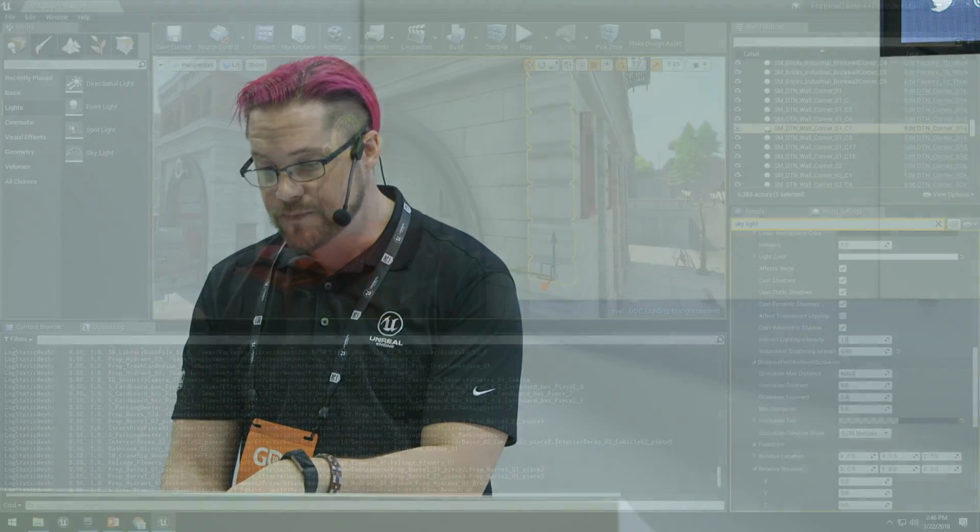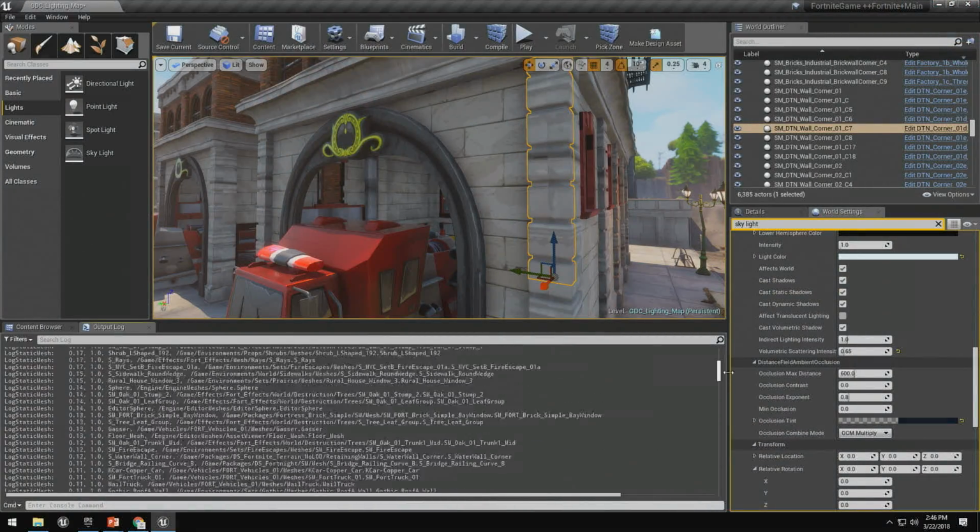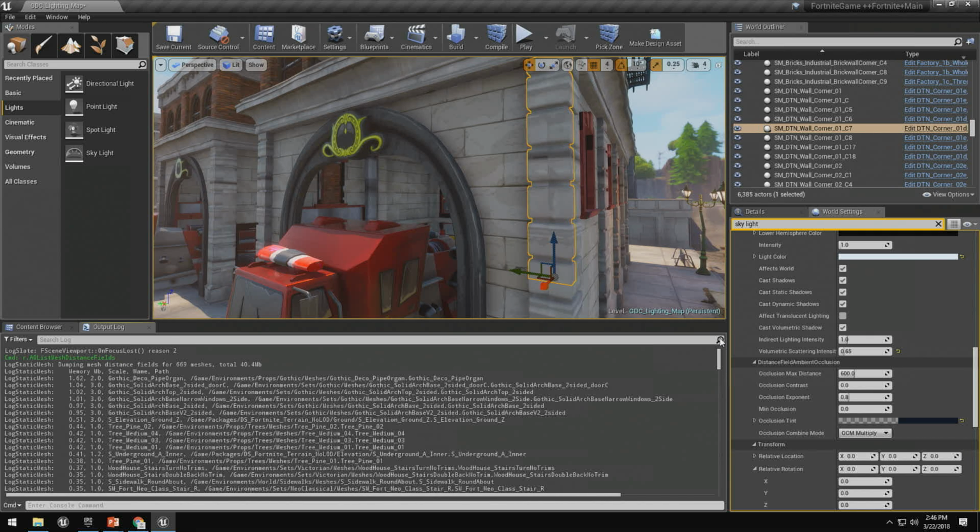So if you type r.aol and you scroll down a couple of times, you'll see list mesh distance fields. So hit that, and it lists off all the distance fields in your scene. And this is already pre-sorted by how much memory they're using. So highest memory usage goes at the top. It tells you the scale setting that they were set to, and it tells you the name and path directly to the asset. So if you're running into memory problems and you know you need to scale this back, you can use this command and find the culprits real fast.